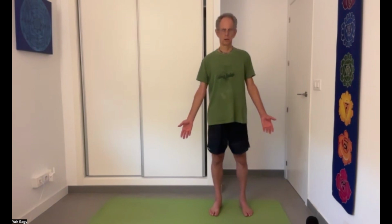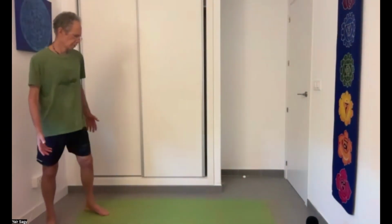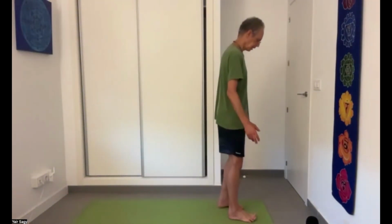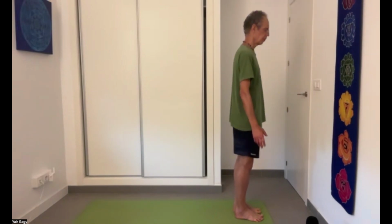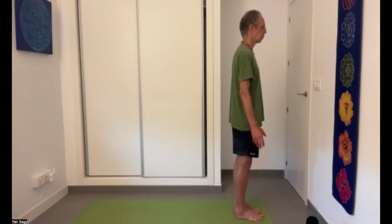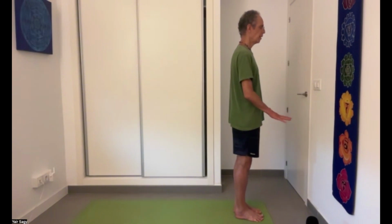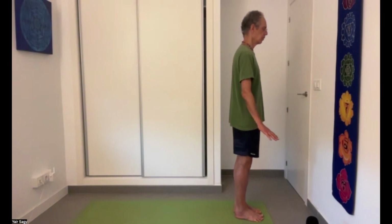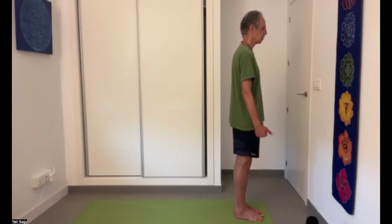Beautiful. Okay, let's do sun salutation. So we're standing in the front and we're building the pose with the feet. First of all, like we did in the previous, we're widening the sole of the feet. We're widening the toes. We're stretching the toes away and opening them apart from each other. Yeah, we want to feel the arches of the feet, the main arch, the inner arch, but also we have an external arch,